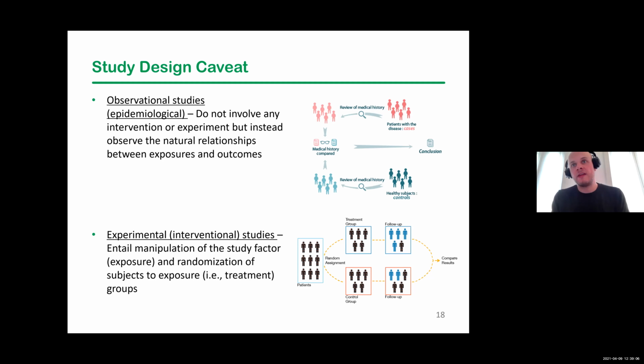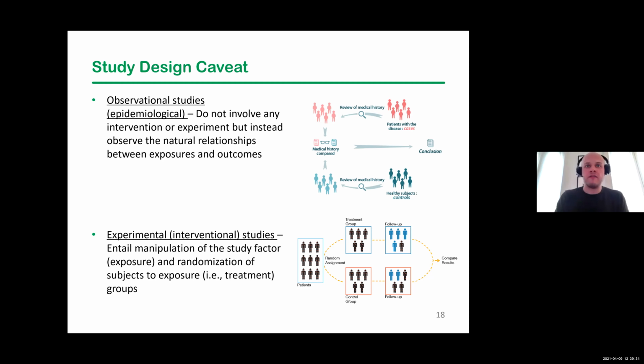The figure you see there is a case control study. You start with some healthy patients, whom we consider controls, and then you start with some patients with disease, and those are your cases, and you look back at their medical history to determine if these risk factors are predictive or associated with having disease. And you've not done anything there. You've literally just found some patients that have disease, matched them up to some patients that do not, and looked to see how are they different or how are they similar?